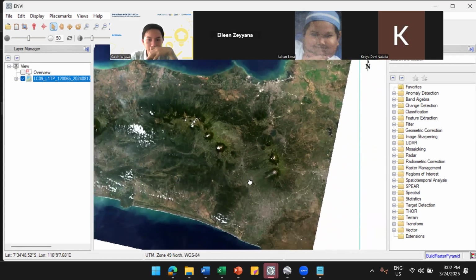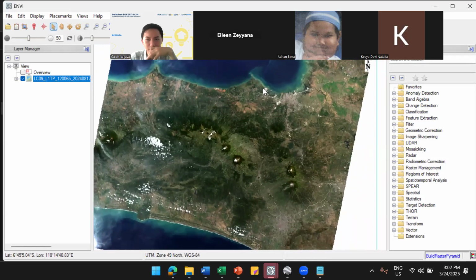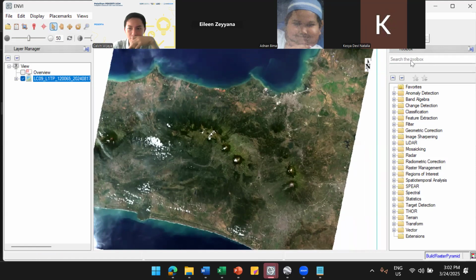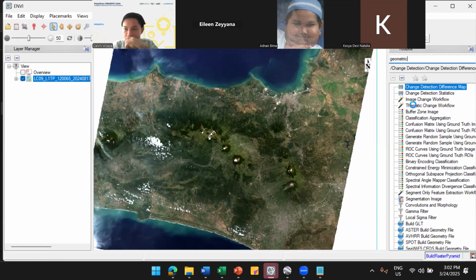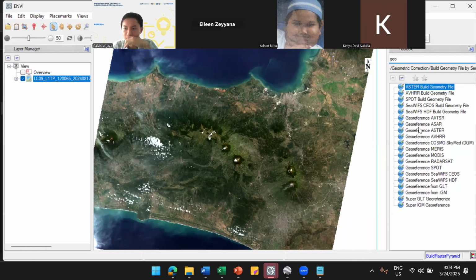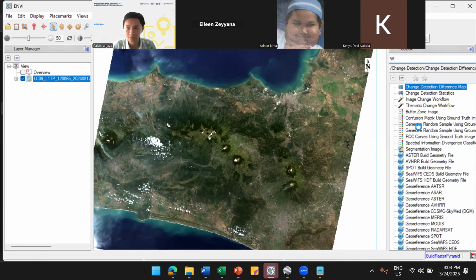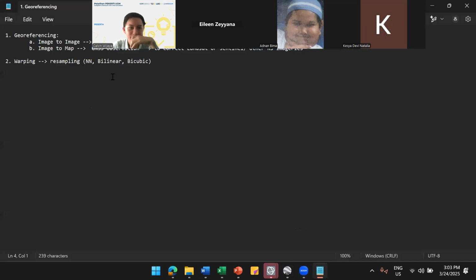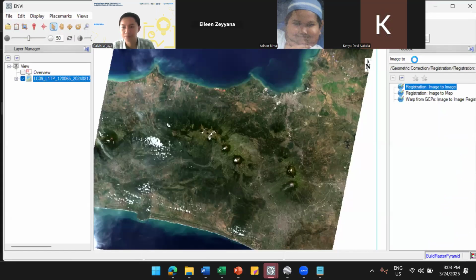Okay, the first thing to do the geometric correction, just search in the toolbox geometric corrections. Sorry, we directly use image to map.